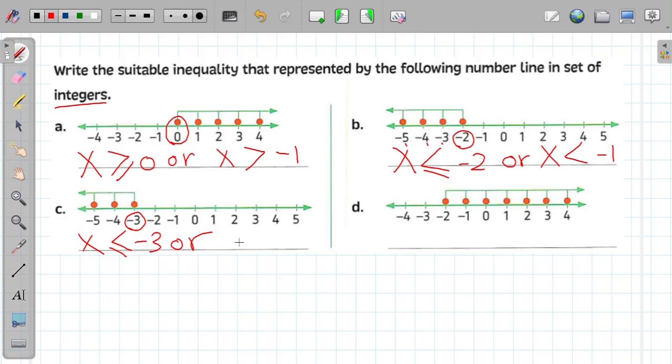Or maybe I can say that x is less than negative 2, because I am starting with numbers that are less than negative 2, but I am not having the negative 2 in the solutions of the inequality. I don't have negative 2 here, so I'm writing negative 2, but I am not equal to negative 2. I will not write equal to negative 2. Okay,